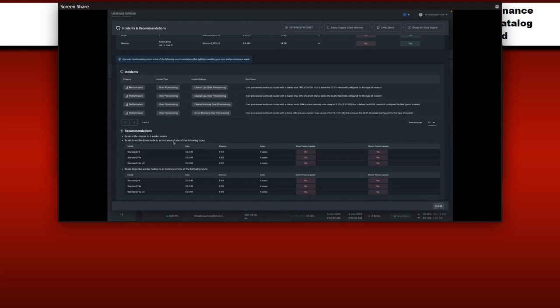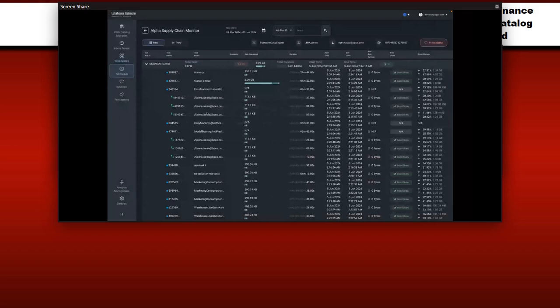It'll give you the change in rates as well as the amount of memory and core changes so that you can feel confident that this recommendation isn't going to negatively impact the SLA of any one of these jobs. I'm going to back out of this and show one more area that we can dig into as well.